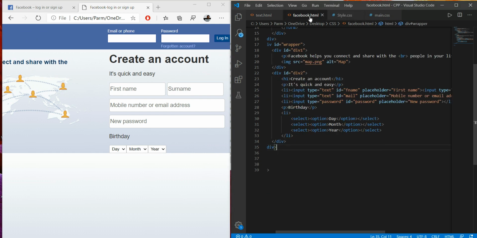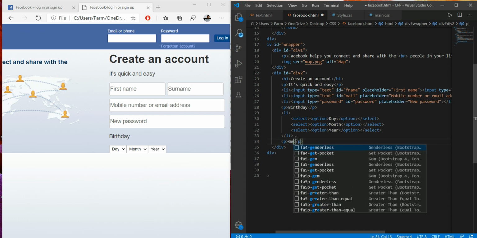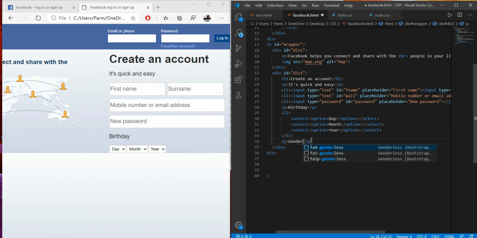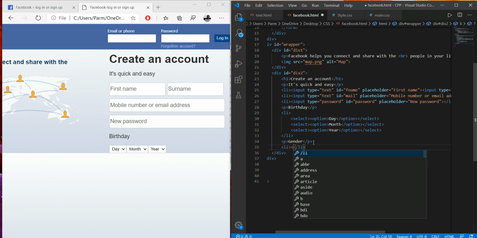I have to write the code in this file. So after this select, I have to write a paragraph, and here we have to type gender, and here again we have to create a list in which we have to use input.